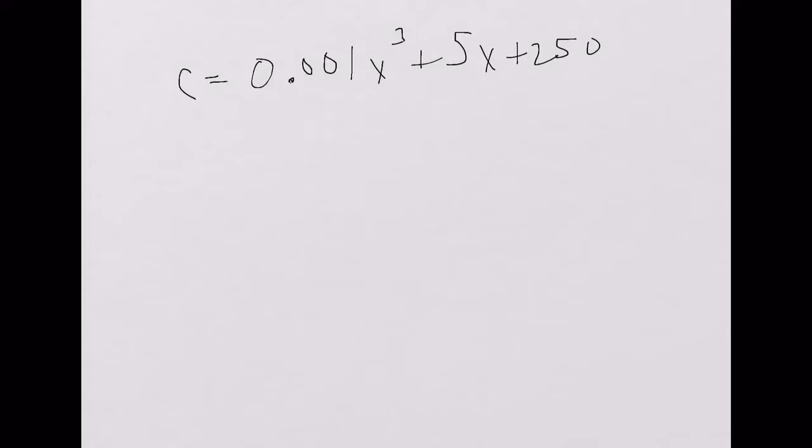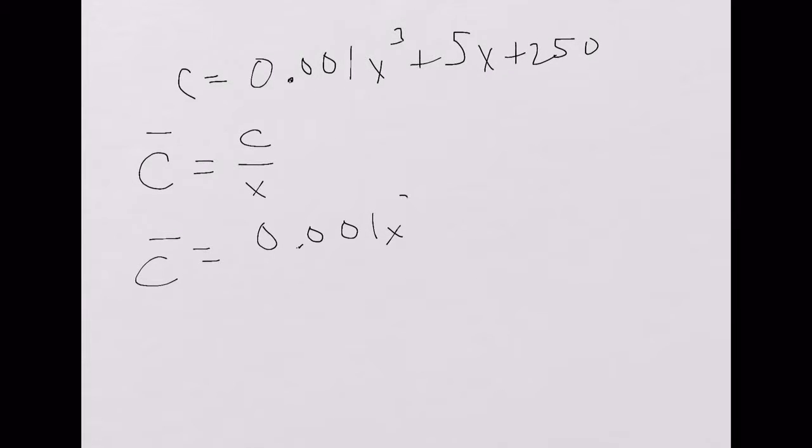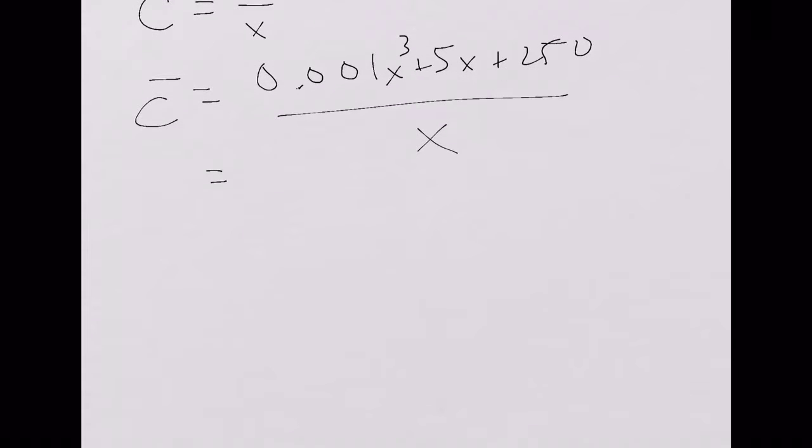Alright, so here I'm dealing with the cost equation. They wanted me to find the average cost and then find the minimum average cost. So to find the average cost, you just take your C value and divide it by x. So when I do this, I get 0.001x cubed plus 5x plus 250 all over x, which I could reduce, right, and just say that this is